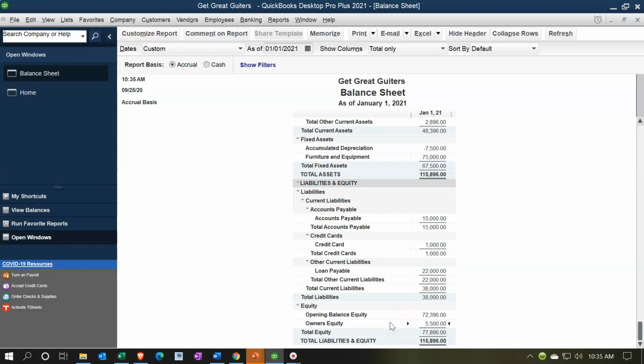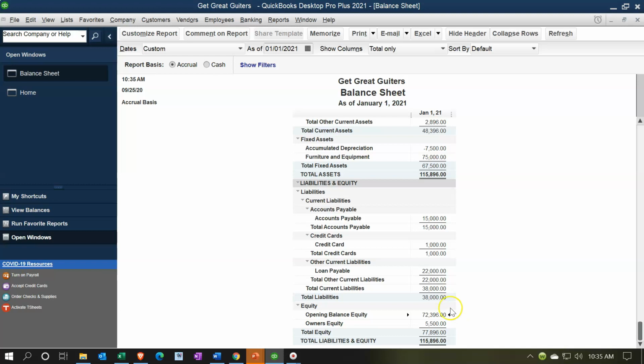That's because the income rolled in automatically by QuickBooks, the closing entry process. If you know financial accounting, they closed out the income statement, the temporary accounts, into the balance sheet, and now it names it the owner's equity account. So that's what's going to happen every year. It's going to roll into the equity account. So now we have our starting point, and this is correct, but again, it doesn't look as neat to have this opening balance equity here,